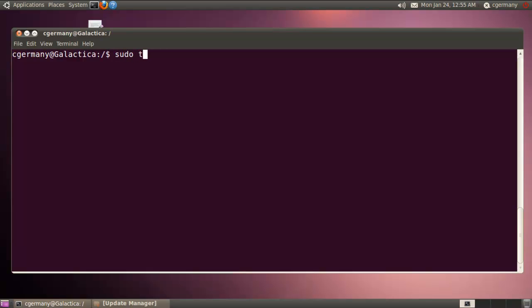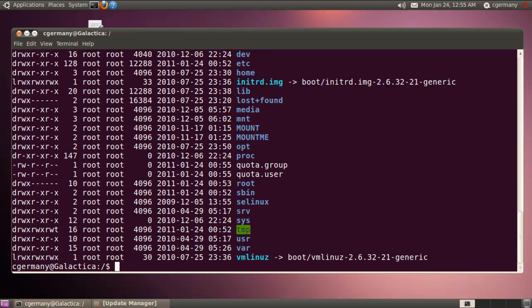So sudo touch, and the files that I need to make are quota user and quota group. And I can put them all in one line if I separate them by a space. So quota.user and quota.group. Oops, excuse me. Quota.user and quota.group there. Okay, and if I do a long listing,